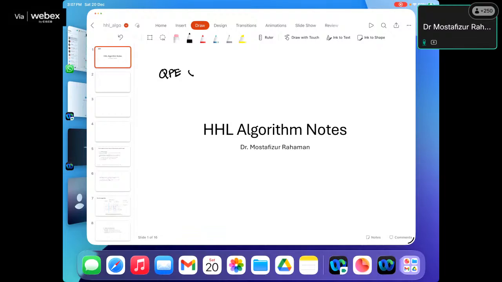Another topic is called the Harrow-Hassidim-Lloyd algorithm, or HHL algorithm. Actually, these two algorithms themselves, to understand properly, should ideally take 2 months. There are lots of protocol insights, but as we saw in the previous class,